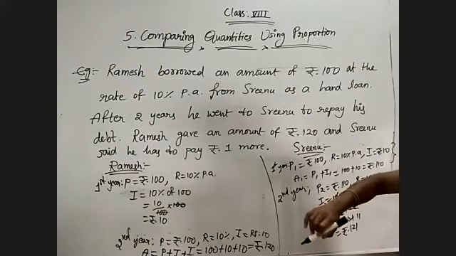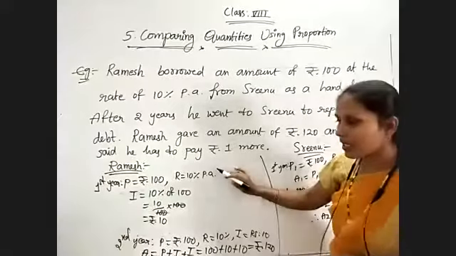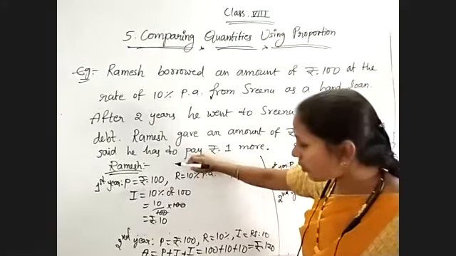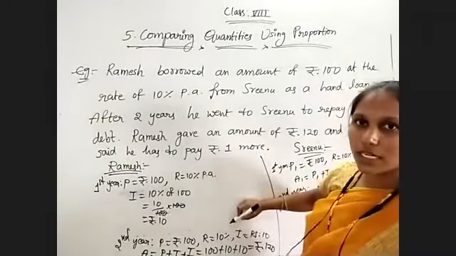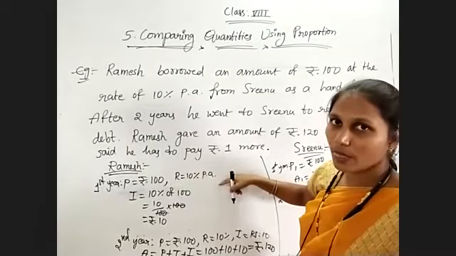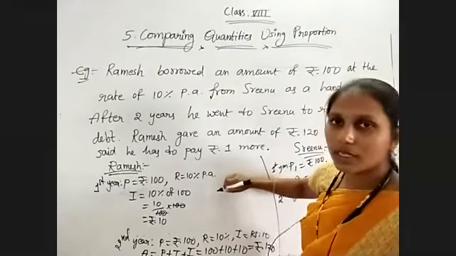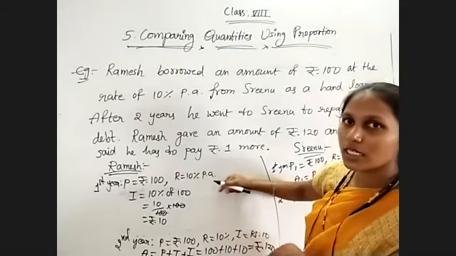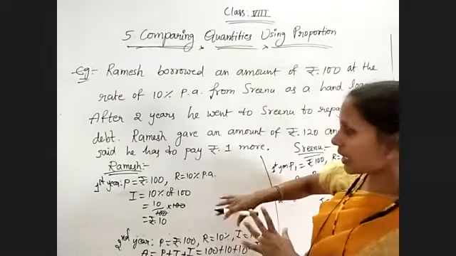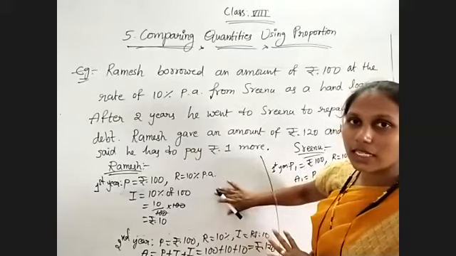That one is also correct and this one is also correct. But the only thing is, according to Ramesh, whatever principal he has taken for the first year, that amount only he is continuing for the second year also. Means he is using simple interest here. Understand? Here the principal is not changing for however many years they are giving. That will be constant. So here he has calculated by taking simple interest.